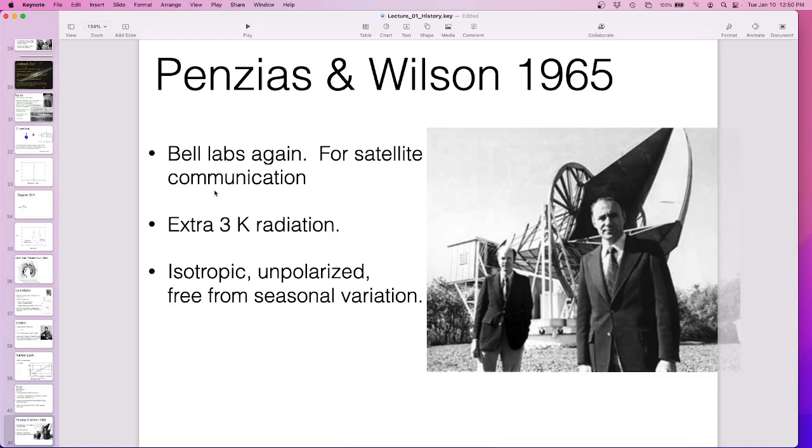Yeah, this is the cosmic microwave background. They won the Nobel Prize for this. They didn't win the Nobel Prize for finding it. They won the Nobel Prize for finding it and explaining what it is and saying, hey, look what we found. It's the light from the Big Bang.